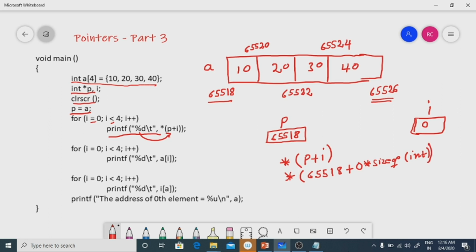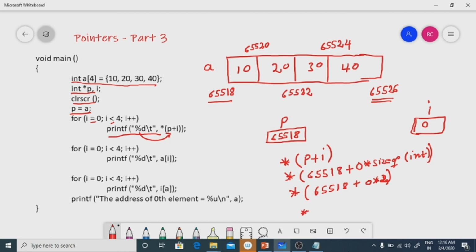Size of int is 2 bytes. Again, I am repeating, I am considering size of int as 2 bytes. You take it as 4 bytes. So 2 bytes. So 0 into 2 is 0.